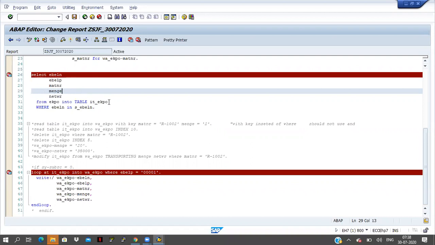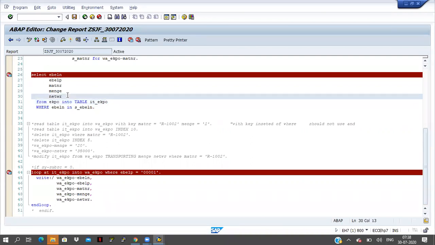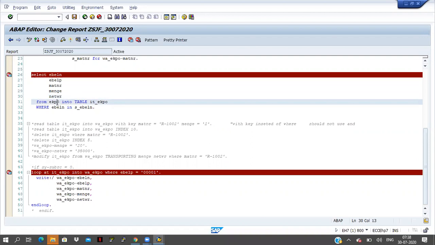What will we do then? We will create one index with the fields you are selecting here, at the table level only, and instead of fetching the data from EKPO, I will fetch the data from that index.